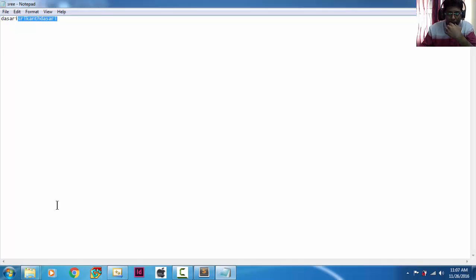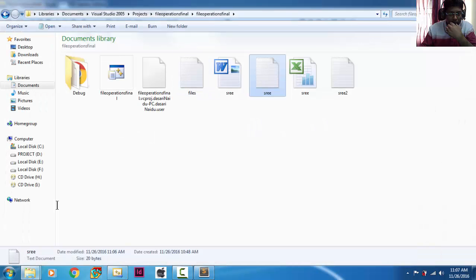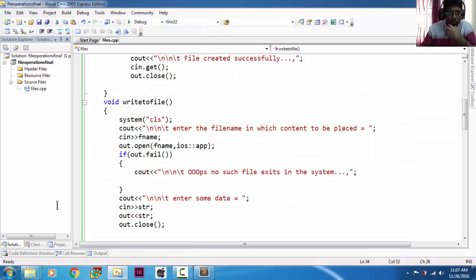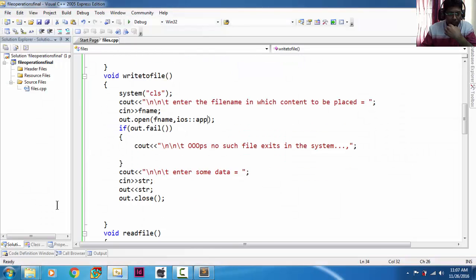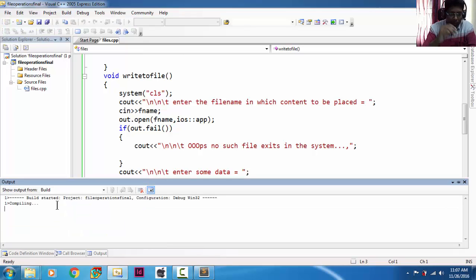In order to get rid of this problem, there is a small solution. You can append not only the string every time, you can also append the new line here. What I have done is I have just appended the new line character escape sequence along with the string which we have scanned here. Now if you execute the program,